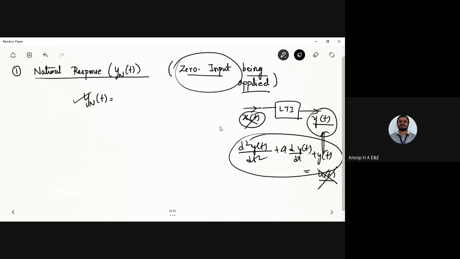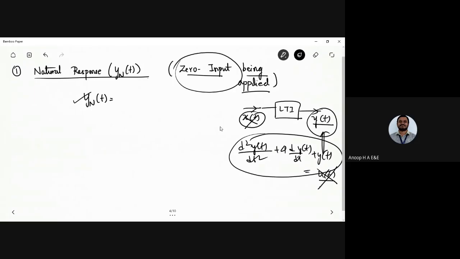So in the case of a power system network, which is considered to be stable, in certain cases you will have instability present. At the generation end, the transmission end, or the distribution end, you will have slight fluctuations. In such cases you need to avoid the input, and you are going to find out the response of the system with no input being applied. So that forms the natural response.